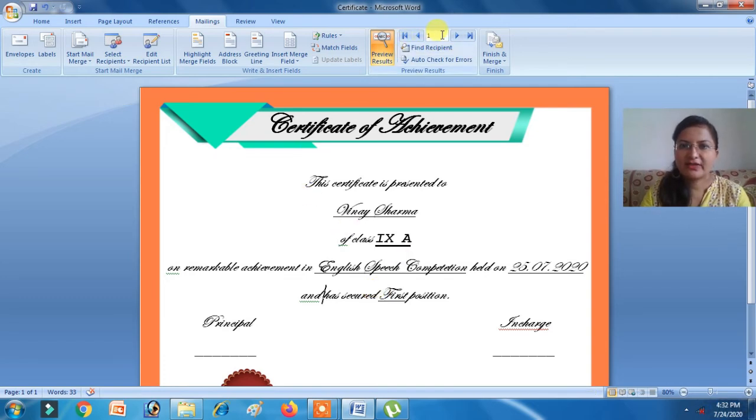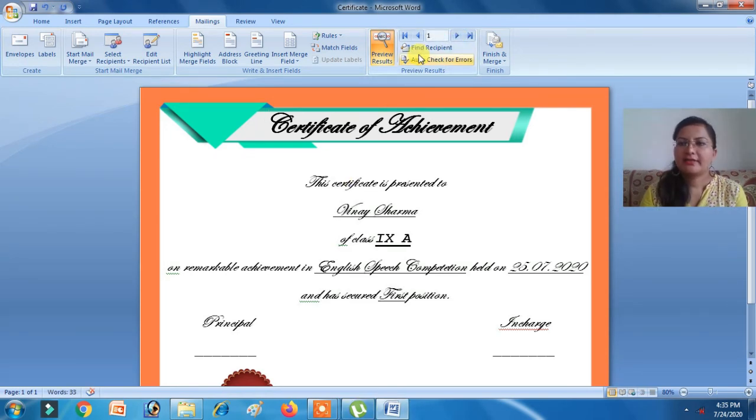So this way, students, you can see 15 certificates are prepared. Okay, if you want to see the last certificate, you can click on this last record. Okay, see, there are 14 records in total, so last one is 14th. If you want to see the first one, then click here. Okay, if you want to see the second certificate, then Sanjay Jain, Vikas, Karan, Raj, Ravi, Prakash, etc. Okay, so this way there are total 14 certificates. You can see I have simply created many certificates in just a click.